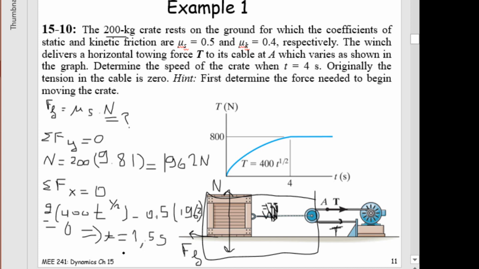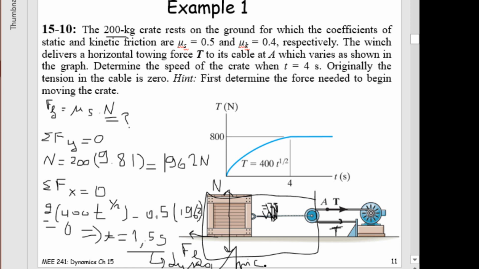I can start from this time to the dynamic case. Don't forget, guys, that the question is to find the velocity at t equal to 4. Now, of course, there are a lot of methods to find this velocity. You can, for example, apply the work energy principle, so I can apply T1 plus the sum of work of all the forces equal to T2,